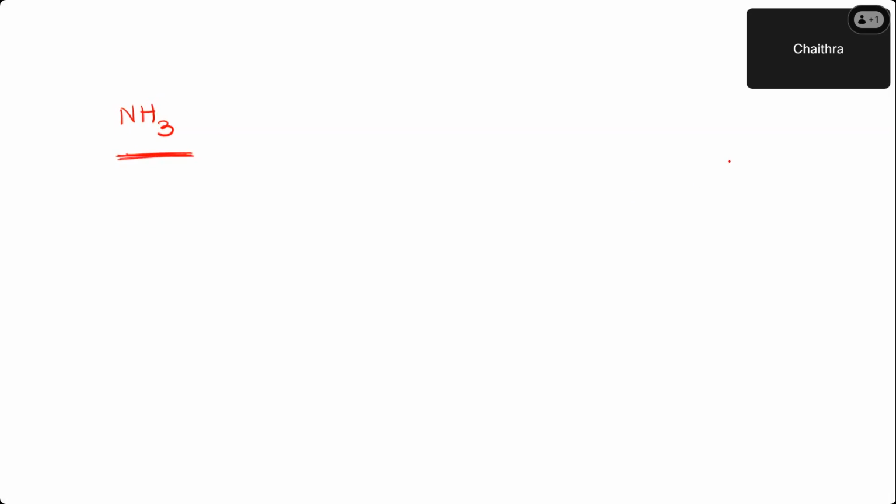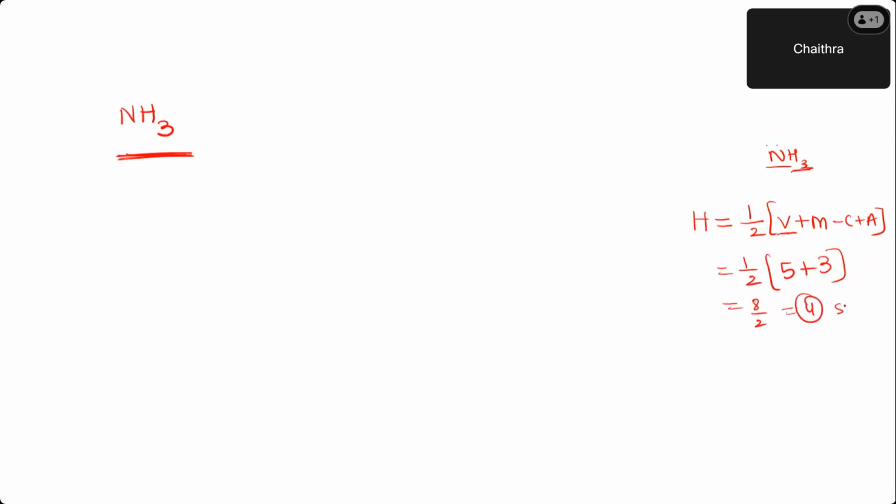You would have learnt in the chemical bonding chapter, right? You can use this formula: H is equal to half into V plus M. Yes, very good. We have an answer from Kirana. Yes, sp3 hybridization. You can use this formula where the central atom's hybridization you have to calculate. Nitrogen's valence electrons is 5, plus monovalent atoms surrounding nitrogen is 3. No cationic or anionic charge is there. So it is 8 by 2, which is 4. 4 means it is sp3 hybridization.